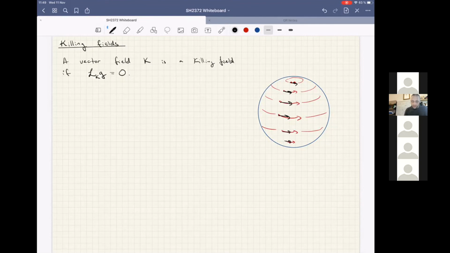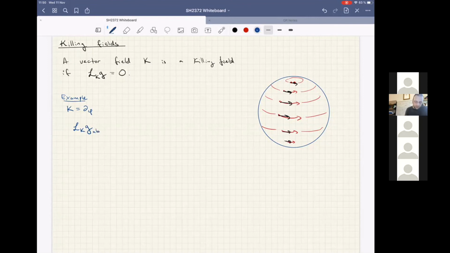So let's just take this example here. If I look at this example, and if I look at the field that would generate this rotation, it would just be that K would be equal to ∂_φ. That's just a rotation around the z-axis, in essence. And we can verify then that this is a Killing field by computing this Lie derivative. So let's look at L_K acting on g,